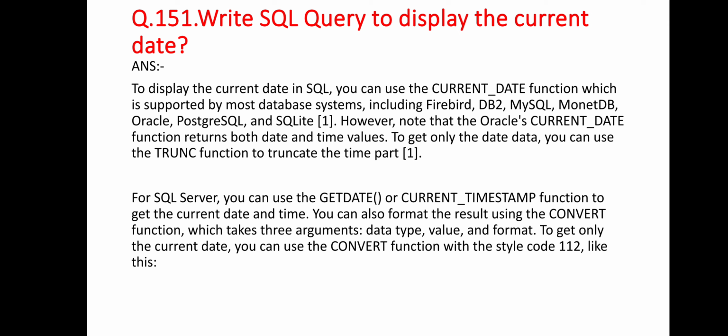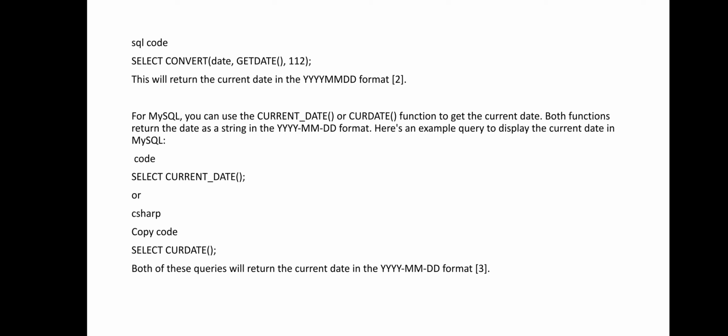For SQL Server, you can use the GETDATE or CURRENT_TIMESTAMP function to get the current date and time. You can also format the result using the CONVERT function, which takes three arguments: data type, value, and format. To get only the current date, you can use the CONVERT function with the style code 112 like this. SQL code: SELECT CONVERT(DATE, GETDATE(), 112). This will return the current date in the